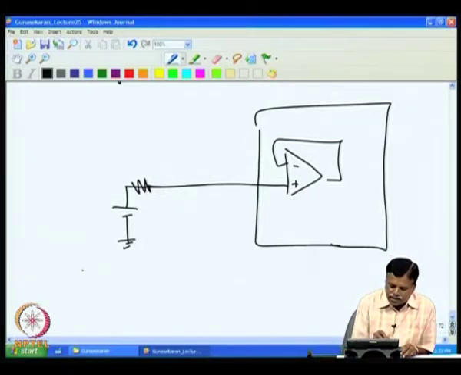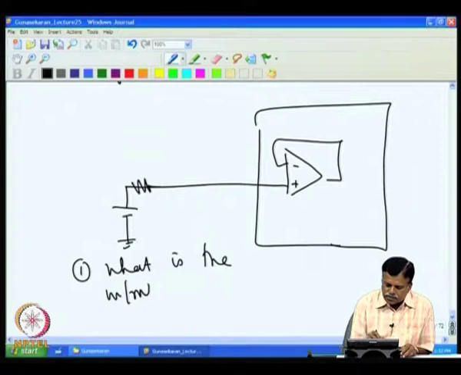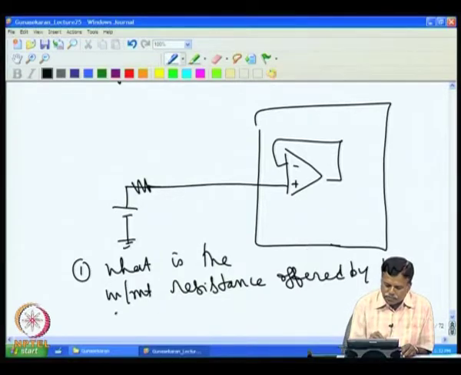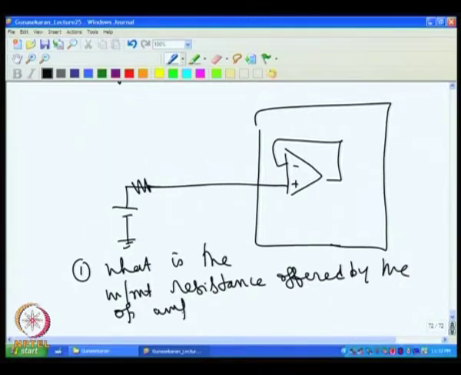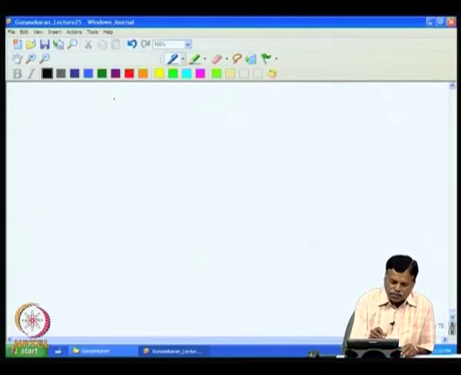Now, the question is, what is the input resistance offered by the operational amplifier? The second question is, is it always constant? Because theoretically for an ideal op amp the input resistance is infinity, but it is not infinity for the real op amp. So, the second point is for ideal op amp,